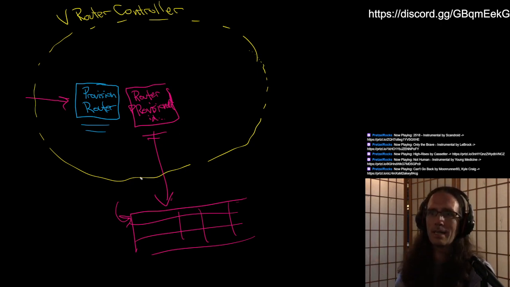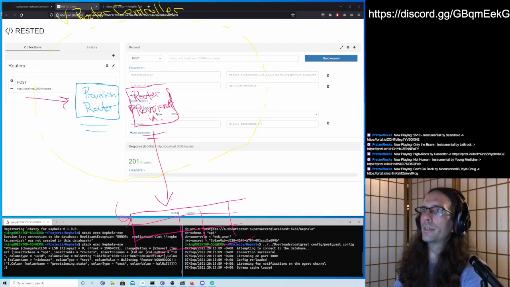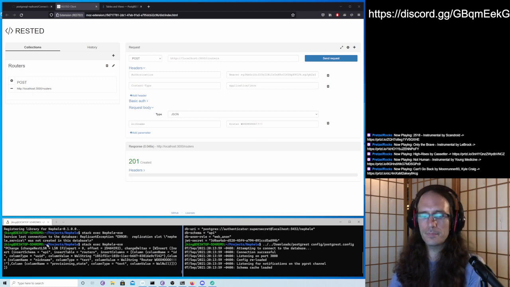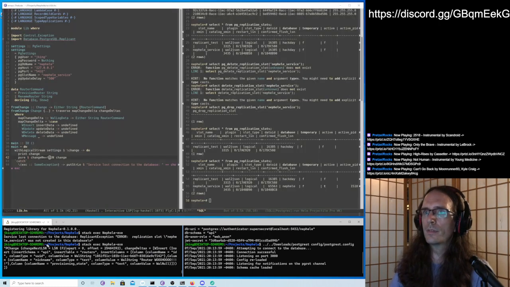We could even react to that event and update the state of our router in our apps table, as we saw in our schema. Right over here.